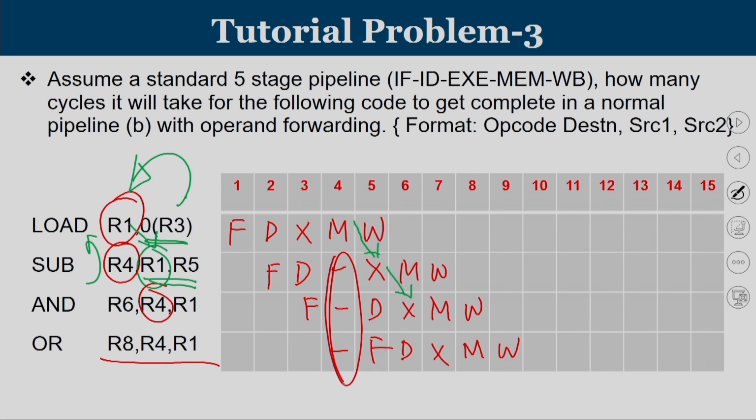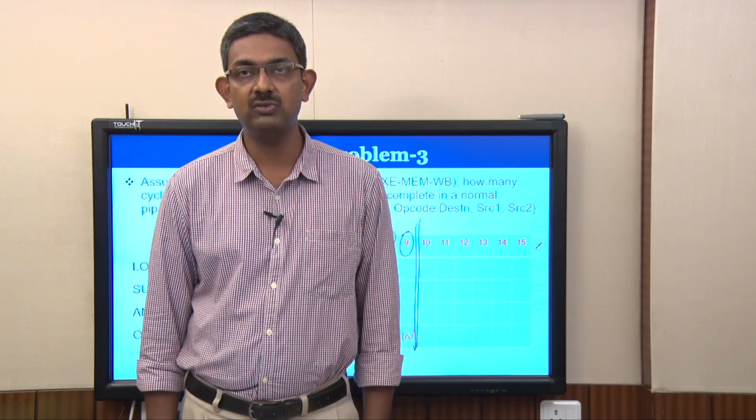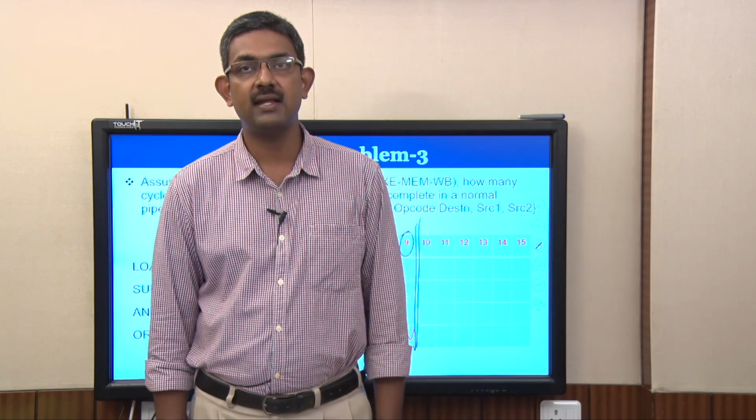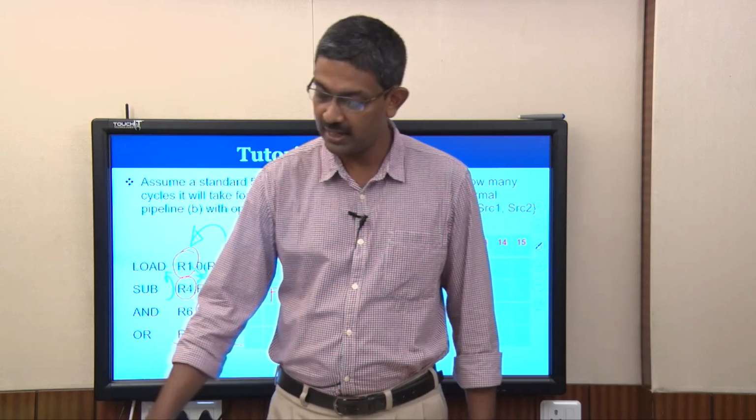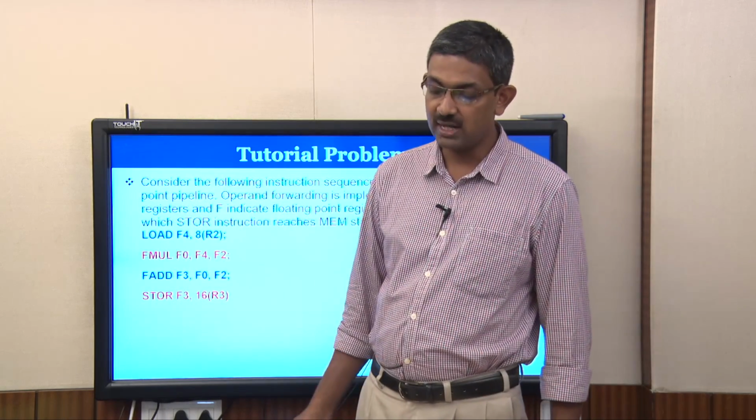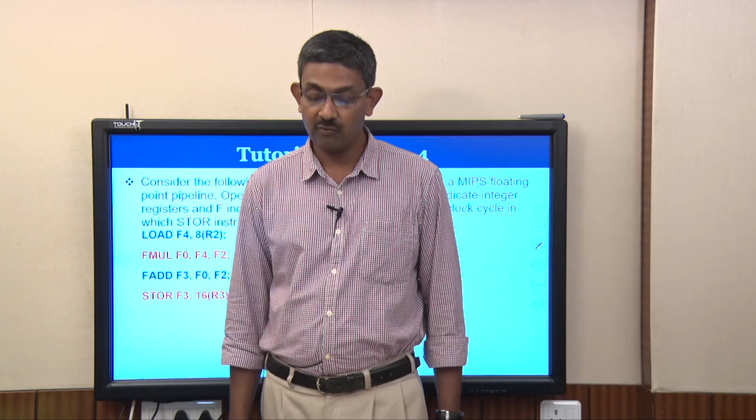So, one stall is propagating, and if you look at the completion, the first instruction completes at 5, and the second instruction will have a stall, so it completes only at 7. So, whenever you have an ALU instruction immediately after a load instruction, there is a stall even with operand forwarding, and then all the instructions will complete after 1 cycle each. So, at the end of the 9th clock cycle, we are able to complete all the instructions. This gives you a fair idea about how things work when operand forwarding is enabled or not enabled. Now, let us try to understand what happens when we go for a floating point pipeline.